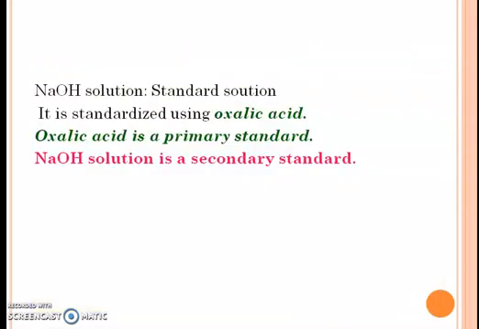So you can see here that NaOH is the standard solution, but we know NaOH is susceptible to atmospheric condition. It absorbs carbon dioxide from the air and it is unstable for a very longer period of time. So we need to standardize the NaOH with help of some other standard substance. So here NaOH is our secondary standard because it needs to be standardized before using it for estimation of the acid. And the substance which is used for standardization of NaOH, it is known as primary standard.